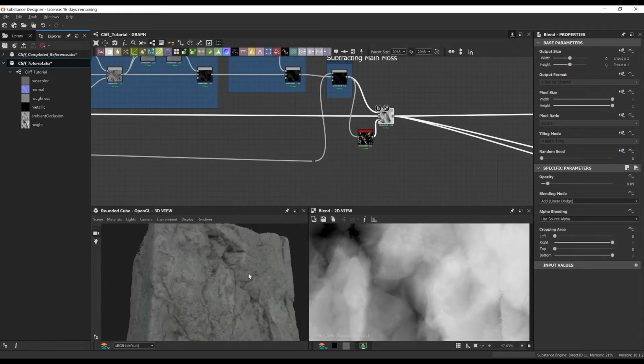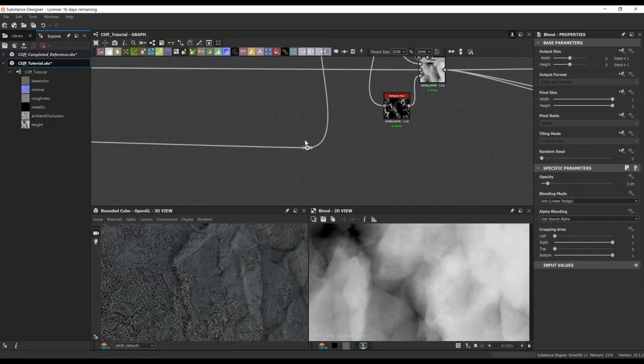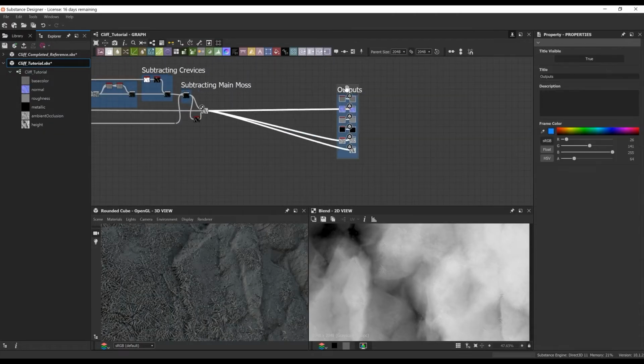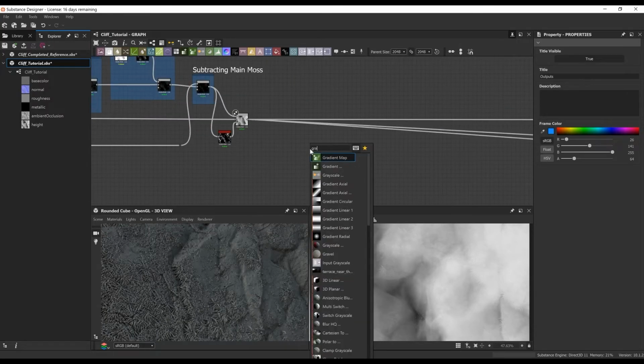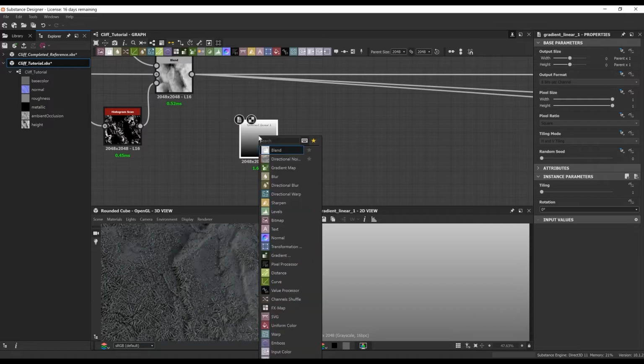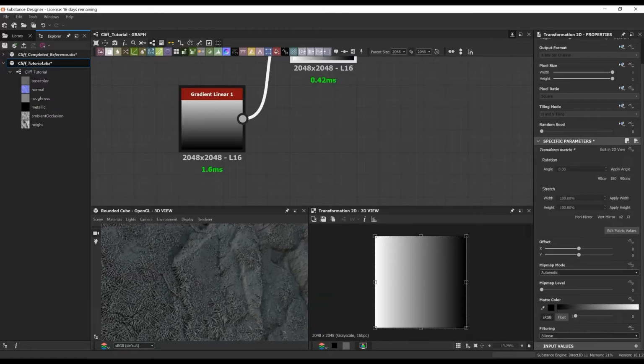Here I'm just rotating light, making sure everything is looking good. And I'm just moving the outputs because I know I still have quite a bit of ways to go on the graph, so just going to continue forward. Next up, I want to add some pine leaves that actually lay on top of this moss.